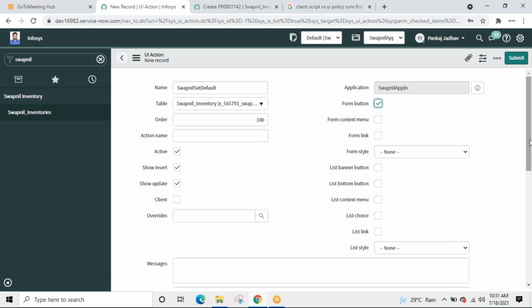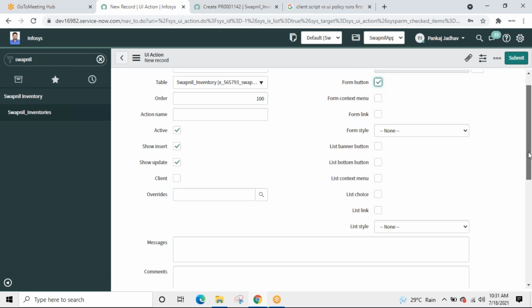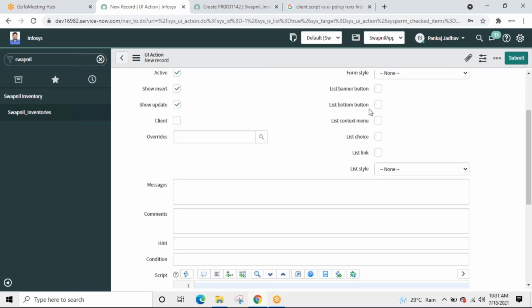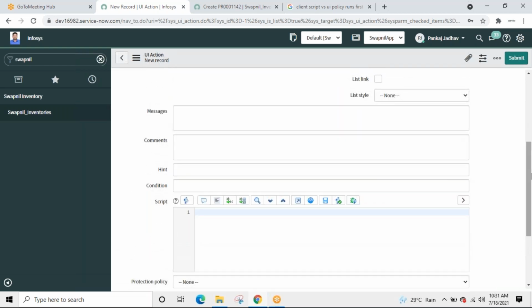Now, there are many components where we can place the UI action, not just button. We can have it in the context menu. I'll show you. For now, let us keep it like this and see where it appears. If not, we will have to select this. Now, what should happen when the button is clicked?